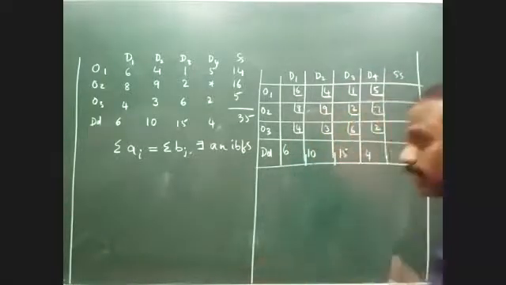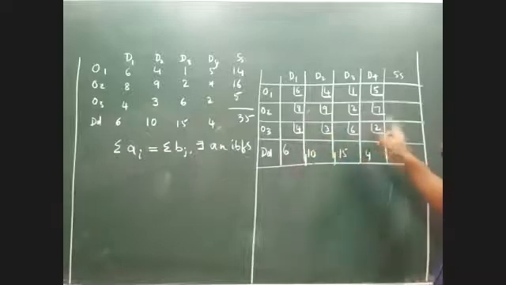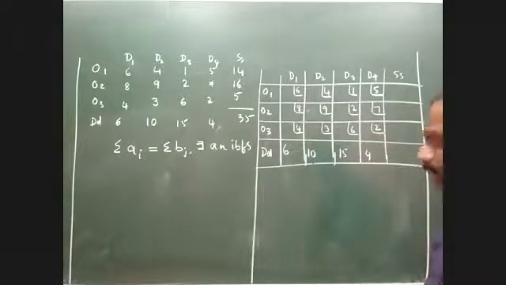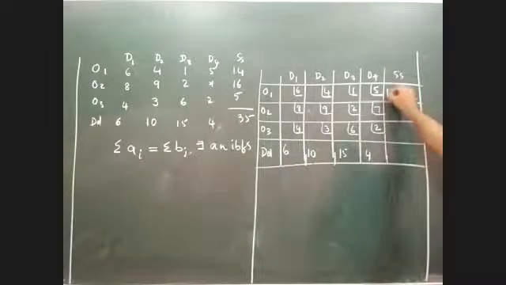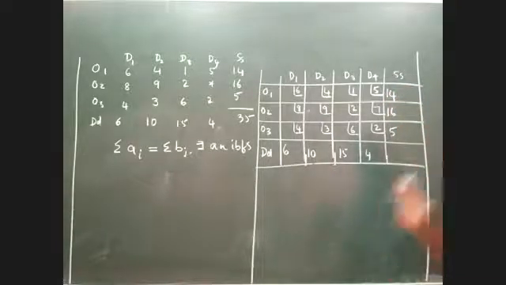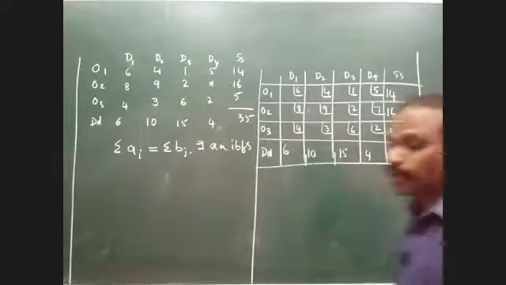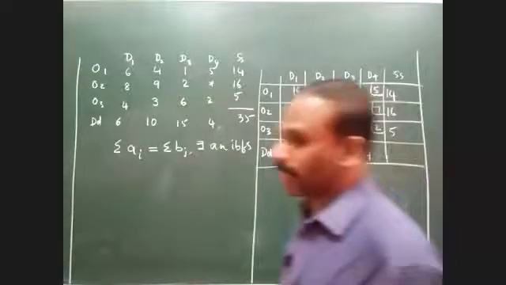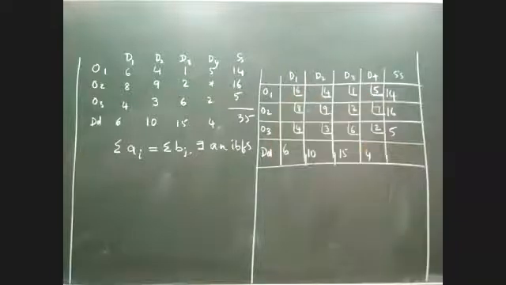I hope you remember the lattice square values are to be written only for the unit transportation cost, whereas the demand and supply can be written without lattice squares. So please don't get confused with that. The supply values are 14, 16, and 5. Now the template or the proforma is ready. Now we'll start with the allocations. So can you please tell me to which element the allocation shall be started? How do we start allocation in the northwest corner method?